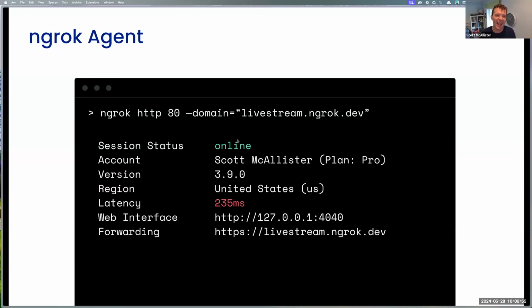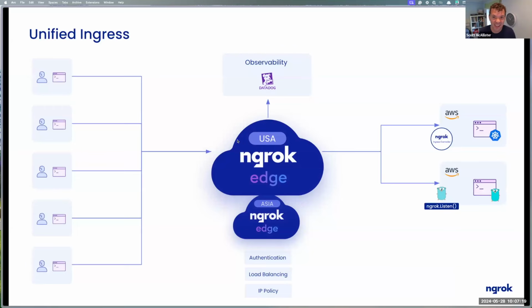And it began as an ngrok agent that allowed you to provide access to a service running on your local machine. So if you're running ngrok locally, you would run ngrok, you'd say HTTP as your protocol, you'd give it a port, and then it would route that traffic to that port, based on the domain that you gave. And that traffic passes through the ngrok platform and allows you to do various things to that traffic